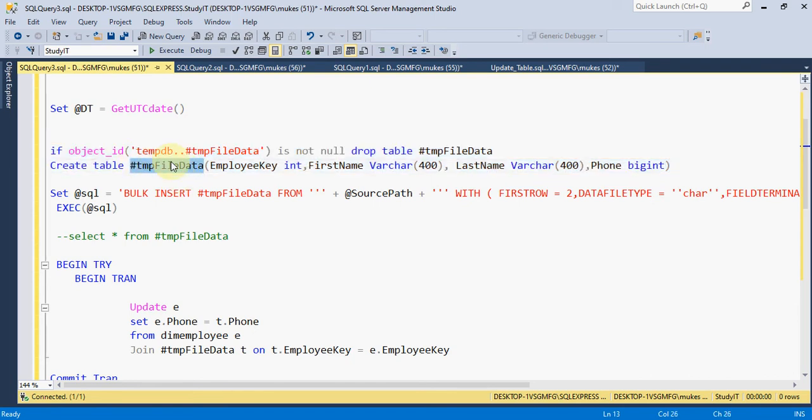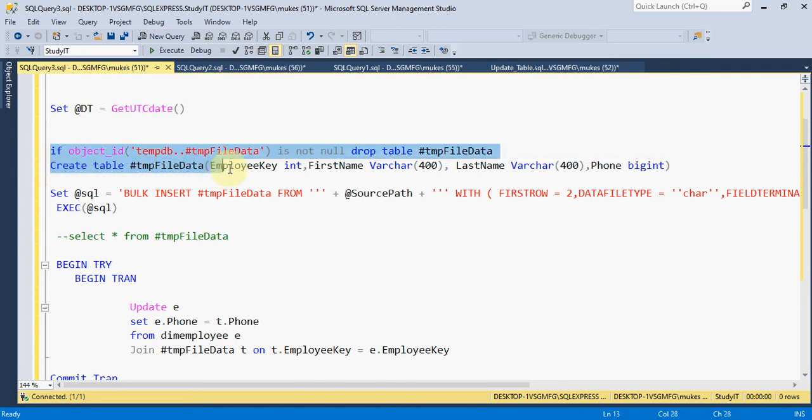The main advantage of this code is that if you execute it multiple times in a single window, you will not get the error that the table already exists. In real time we write complex code, with more than 20,000 or 30,000 lines, or even 200 to 500, and it is very difficult to drop temp tables one by one while you debug the code.